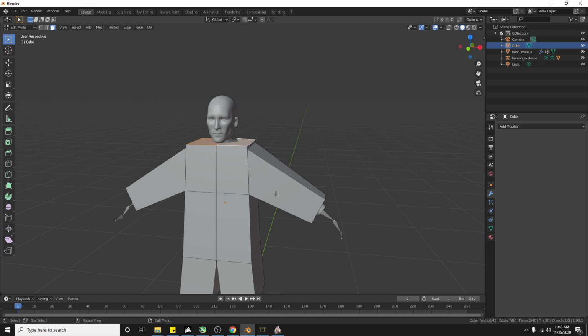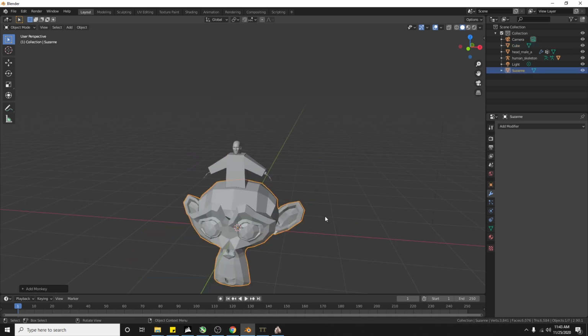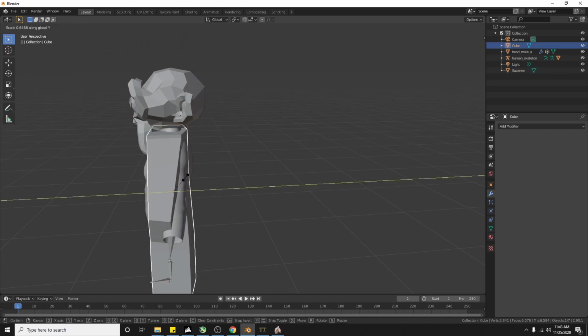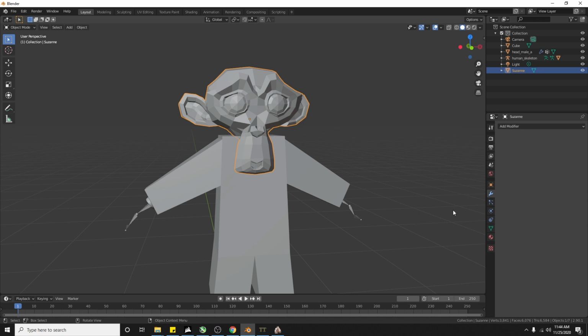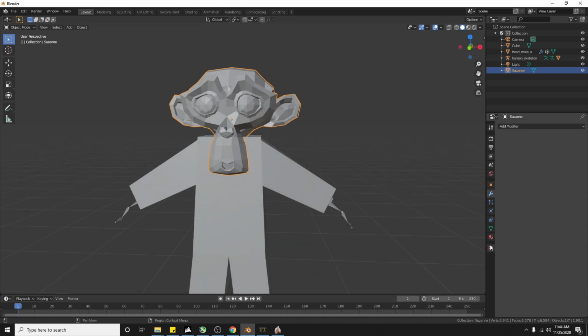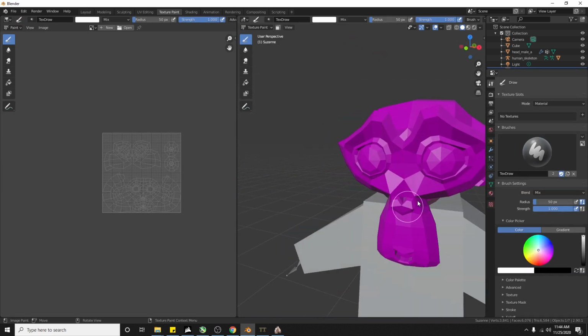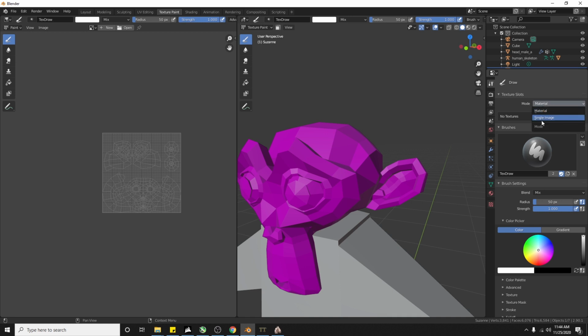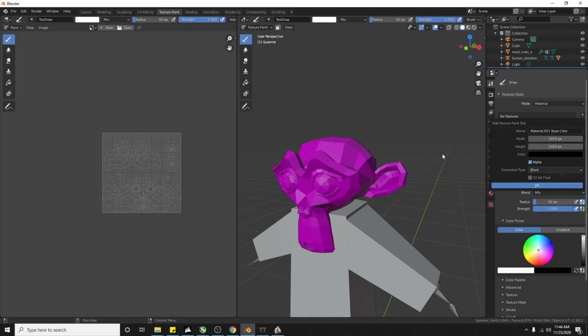And then let's add some helmet. Separate from it. Let's use the monkey. Now we need some materials in this. So if we go to texture paint, you can just add a material or an image. But since I have no image texture for this mesh, I'm just gonna create my own. As a base color,